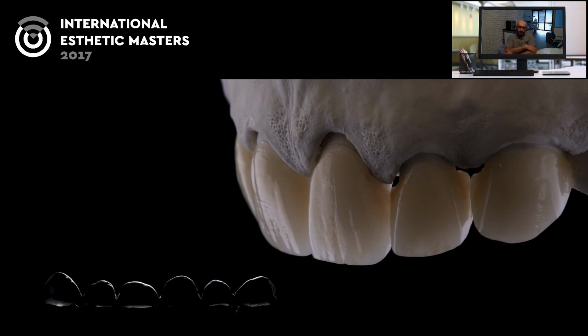So, in my opinion, I don't want to bore you now with cases of veneers. You can see many cases on the web or during congresses. I want to spend just a few words on what is really important, in my opinion, when you do veneers. Sometimes I hear some dentists say, "Oh, I can do very beautiful veneers because I have a very good dental technician," and this is true, because the veneers are made by the dental technician, but at the same time, to have a very good result for the patient, the most aesthetic result that you can do for your patient,